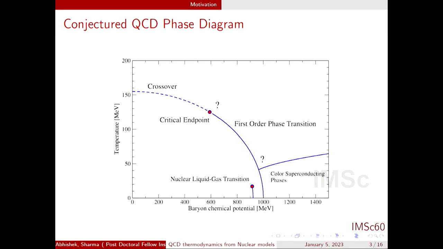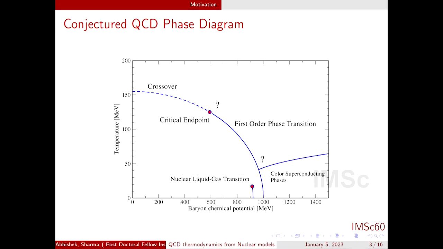So most of our knowledge is limited to low baryon densities from lattice QCD and also some collision experiments, and also a little bit to the low temperature, high μB region from neutron star studies. Of course, the fundamental QCD Lagrangian is known, but even so, one cannot do the calculations so easily.